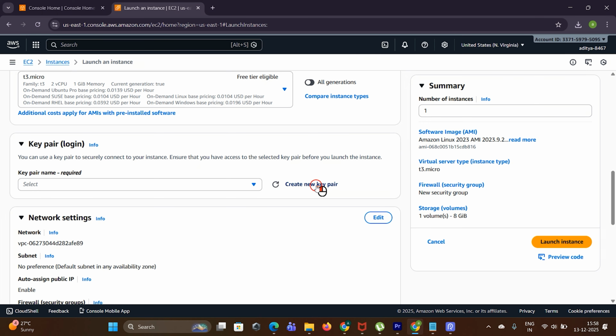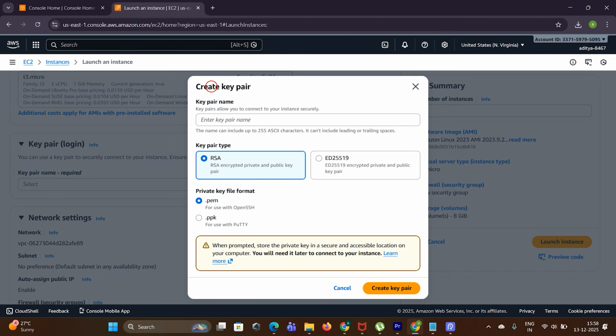So for that, click on this create new key pair button and here give your key pair name. So I'm giving the same server name here, test Aditya server key pair, and here you can select different key pair types. We have two different types, RSA and ED25519. So I am selecting RSA, and you have private key format also, whether you want in .pem format or